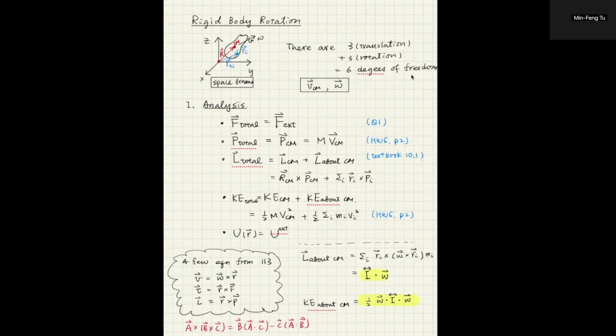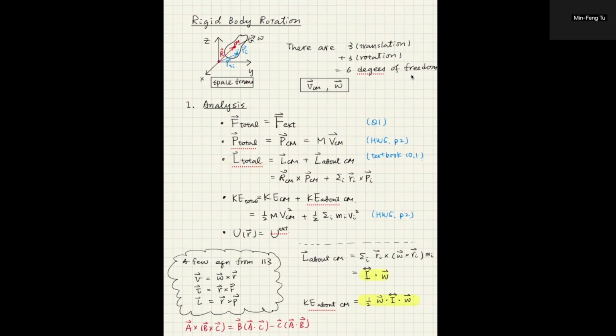Now, after that, let's talk about the force, momentum, angular momentum, and the energy. The total force acting on this rigid body is simply the external force, because the internal forces will cancel each other out because of Newton's third law. You have already proved that in your pre-class quiz 1. The total momentum of the system is the same as the momentum of the center of mass. Total angular momentum,